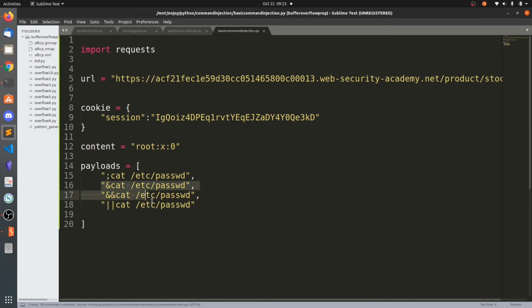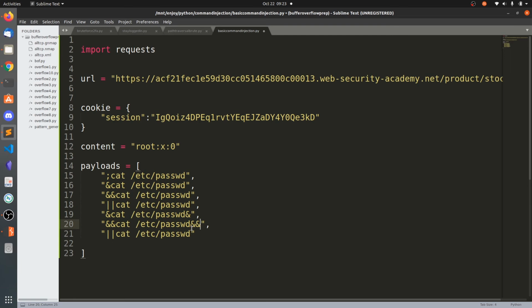Another thing is you can copy all these payloads and paste them again. I want to put the AND at the end, because sometimes you need to insert at the end of the command. There will be one wrong command, and there may be some other arguments on the right side of this value, so that's why we need to execute them also. It's safer to put these values at the end also. So we have all the payloads.